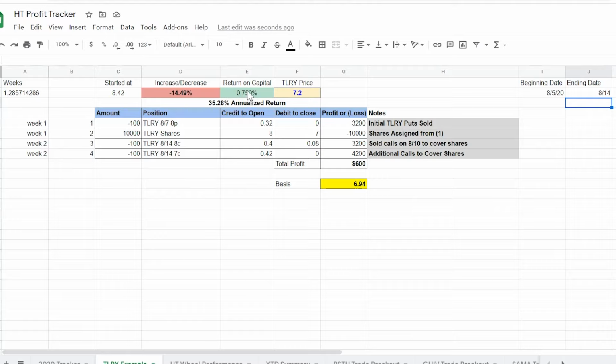And since we had a 0.75% return on capital, that annualizes actually to a 35.28% return, which is absolutely phenomenal when we have a stock that moves 15% against us roughly in just over a week. Another important thing to keep in mind is how incredibly these annualized return numbers can just build on top of each other. You might kind of turn your nose up at a 0.75% return in just over a week, but the fact that a 35.28% return annualized can result from a play where the stock dropped 15% is